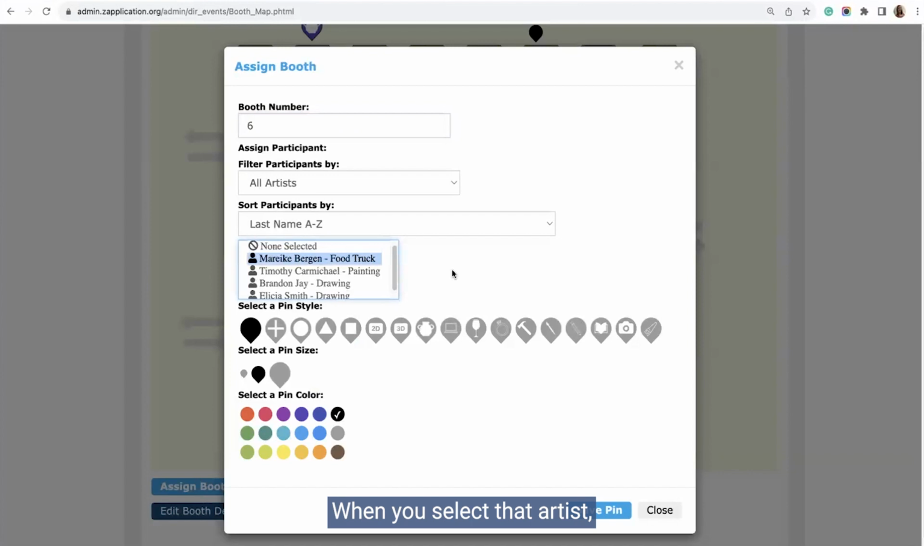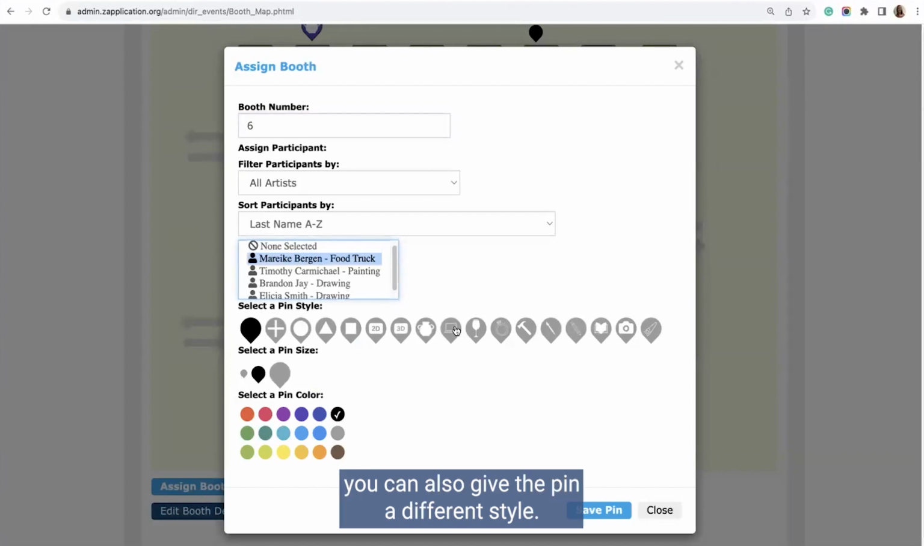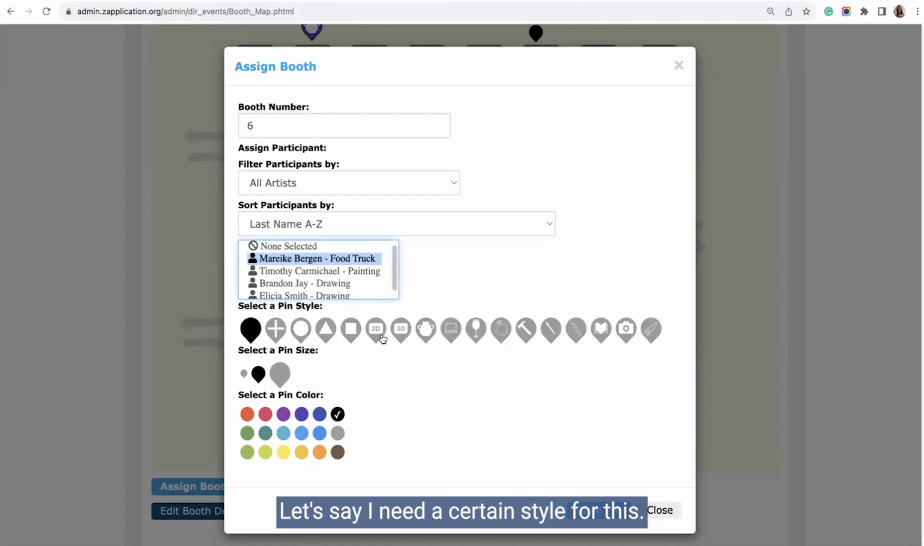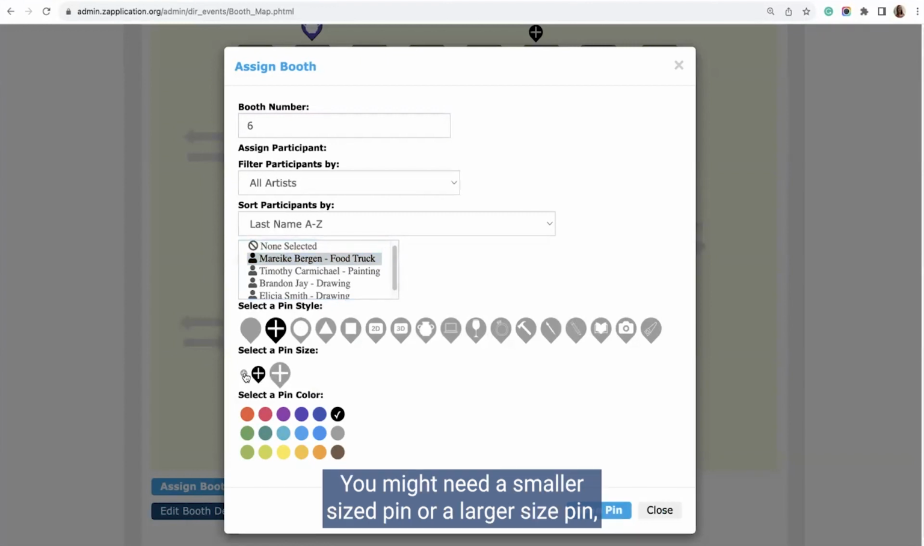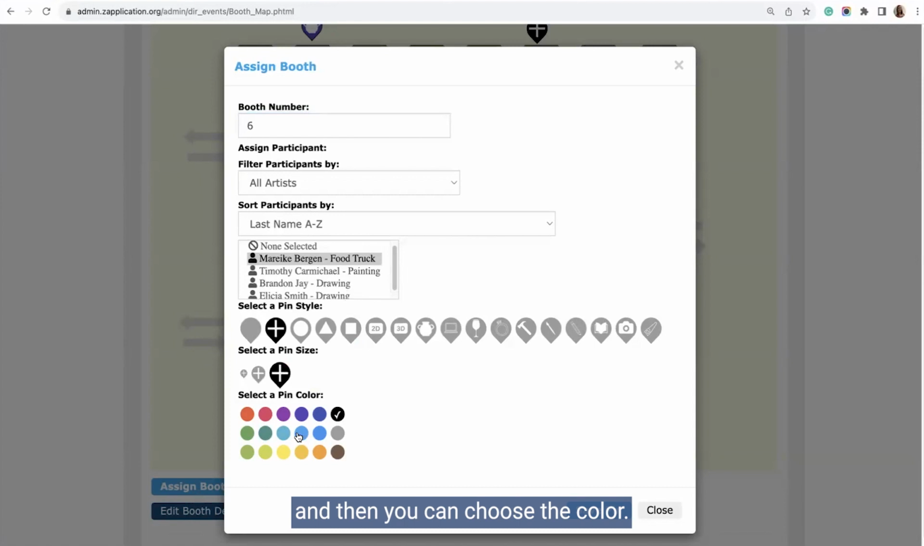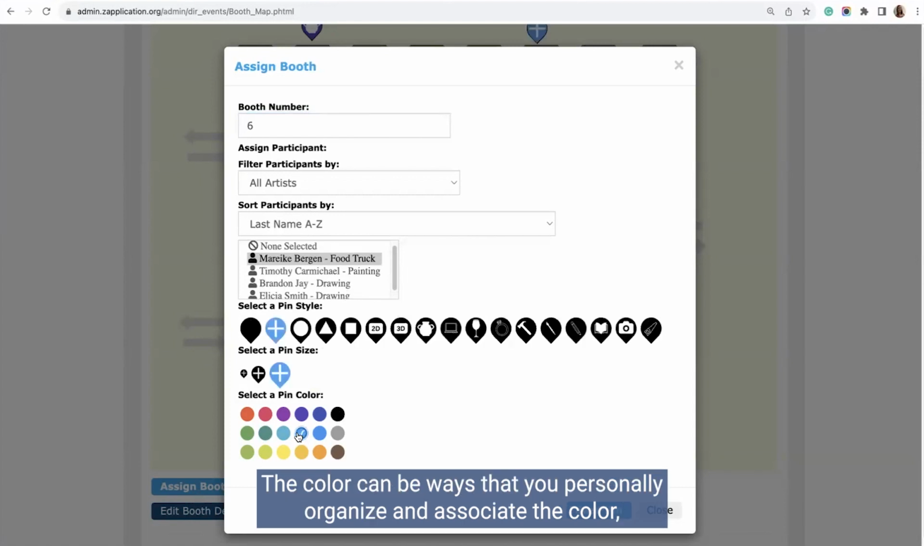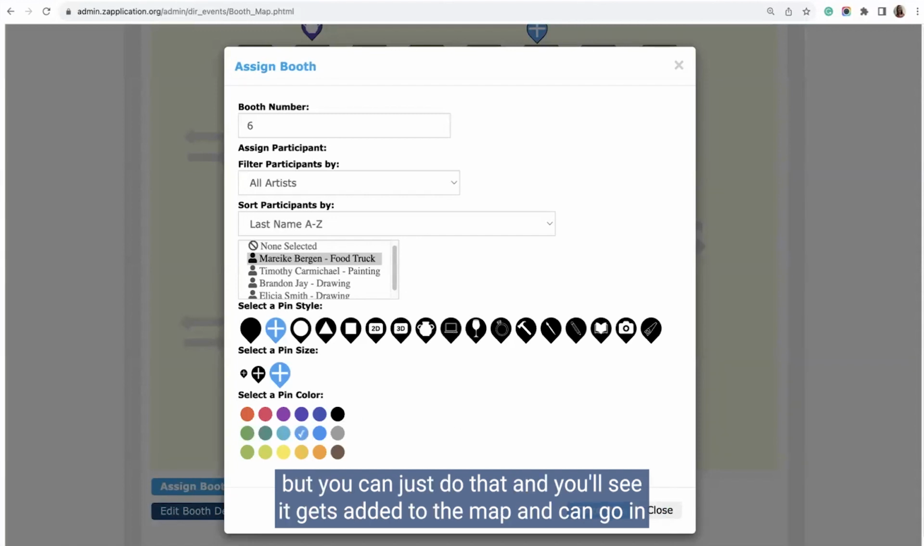When you select that artist, you can also give the pin a different style, let's say, I need a certain style for this. You can select a different size. Depending on the size of your booth map, you might need a smaller size pin or a larger size pin. And then you can choose the color. The color can be ways that you personally organize and associate the color, but you can just do that,